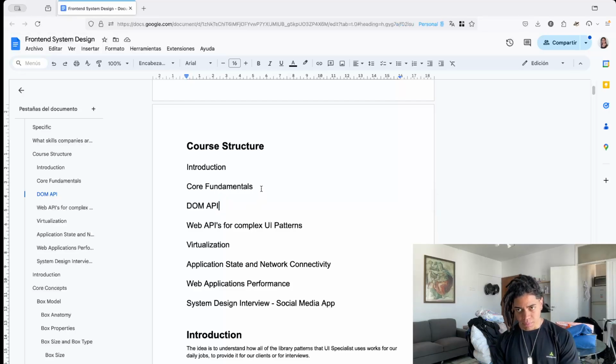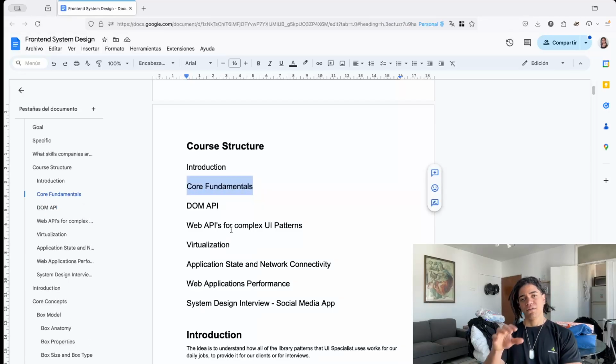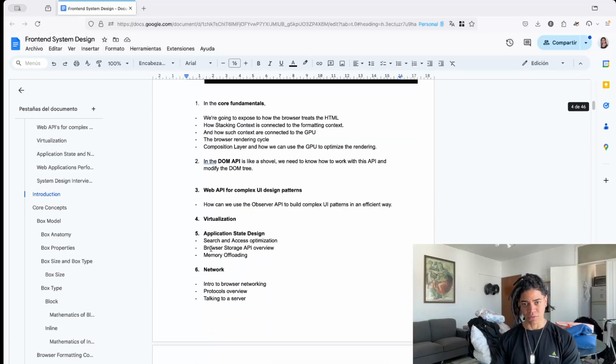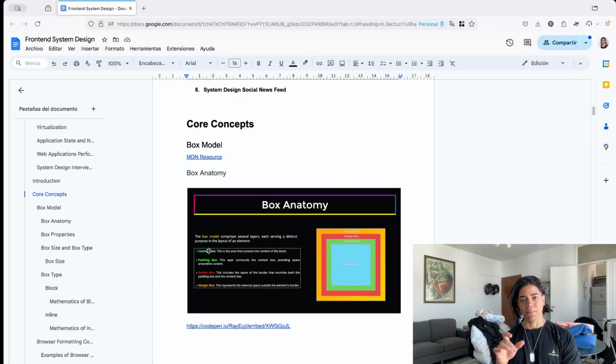So because of that, we need to understand now these core fundamentals, and that is, understand now how the browser treats HTML elements, and that is understand the box model, okay, which is something that we have here. The box model, what is the box anatomy, what are the properties of this box. So you have now the type and the size, and the types and the size can be inherent